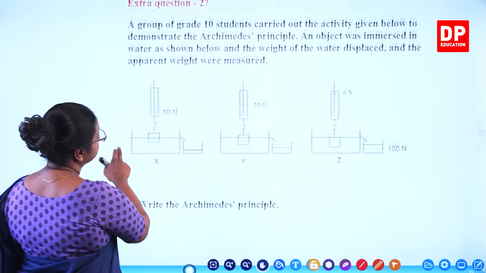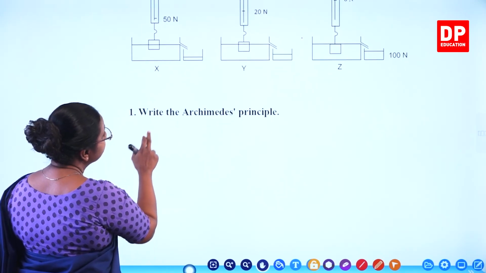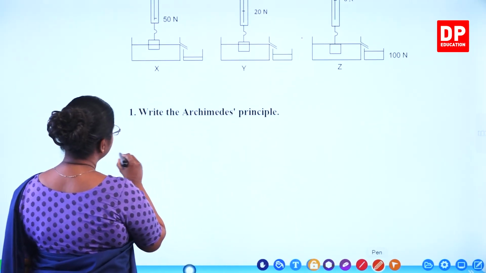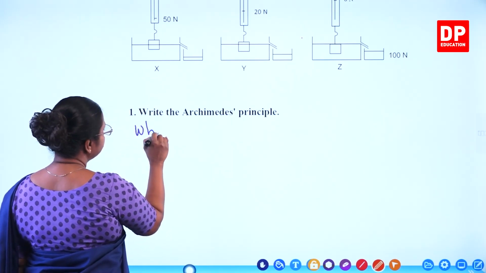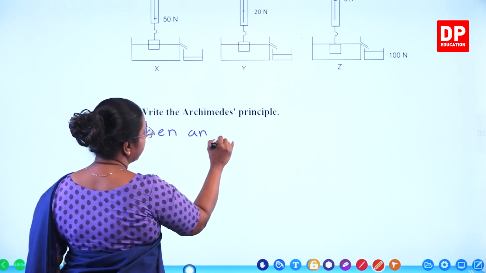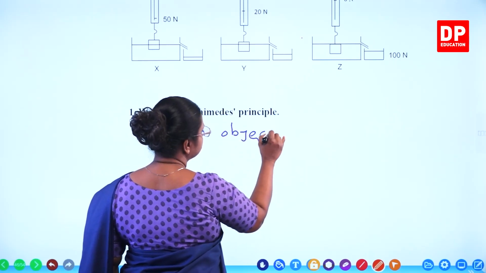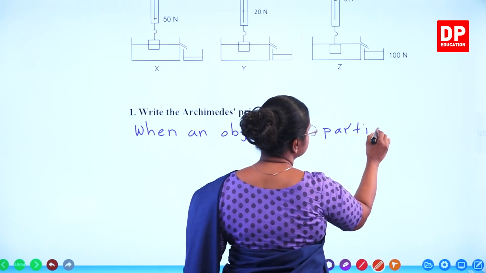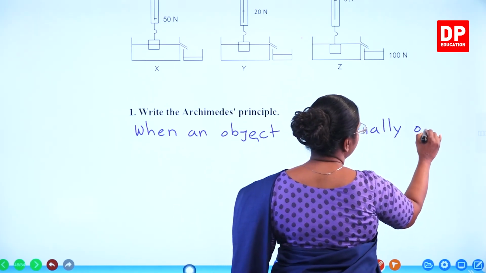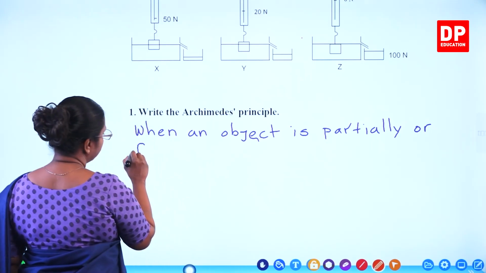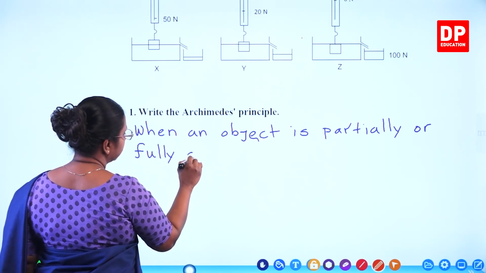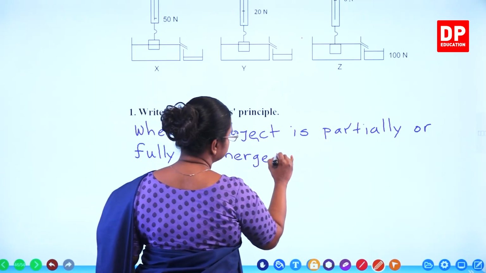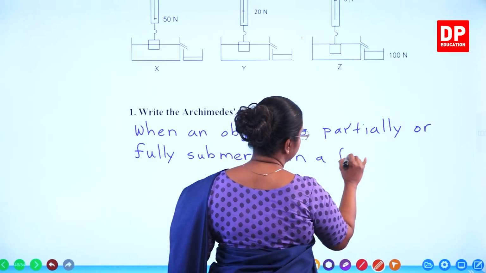The first question. Write the Archimedes principle. So here write the Archimedes principle. When an object is partially or fully submerged in a fluid,